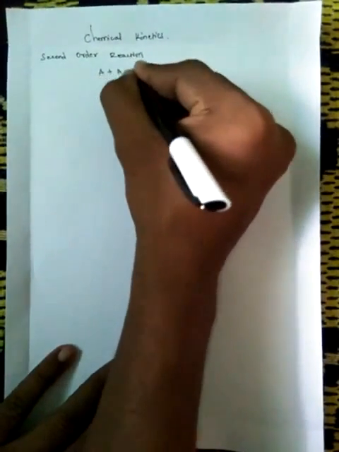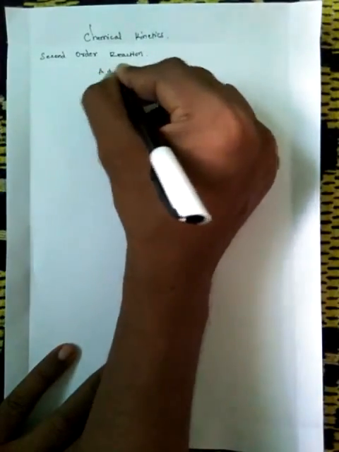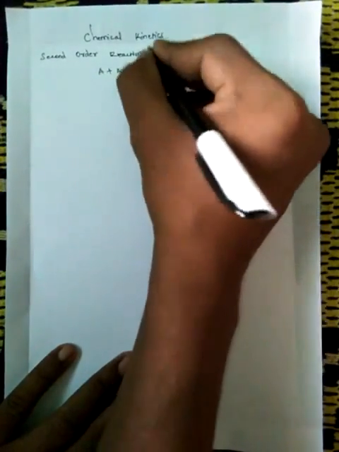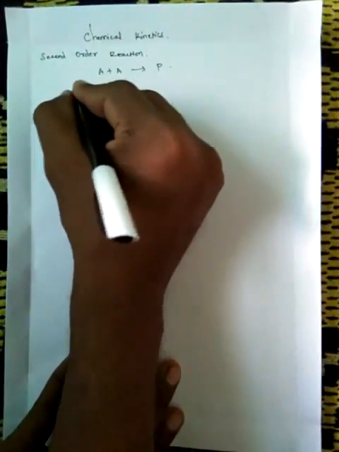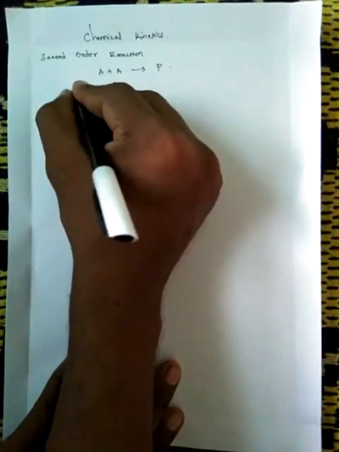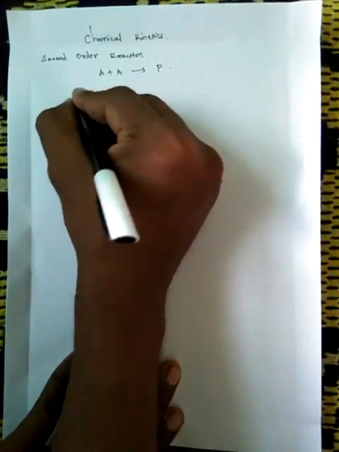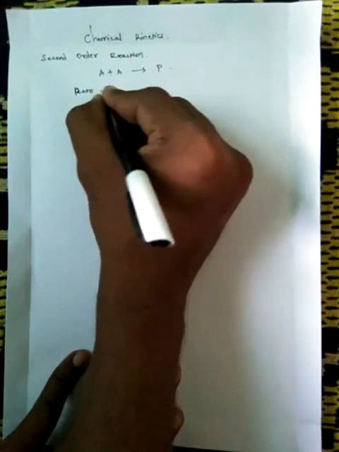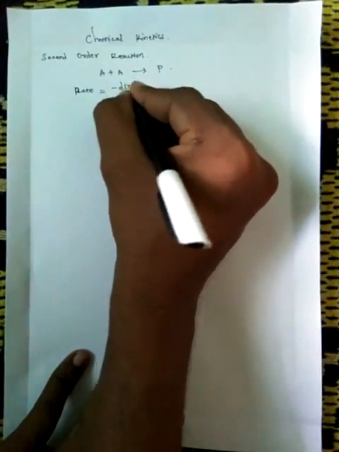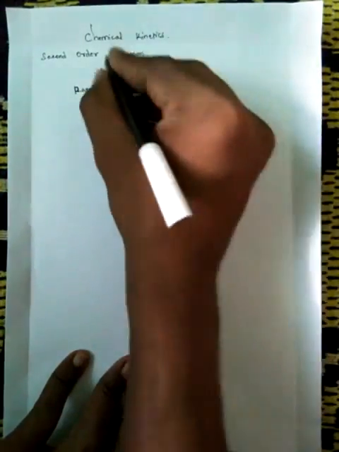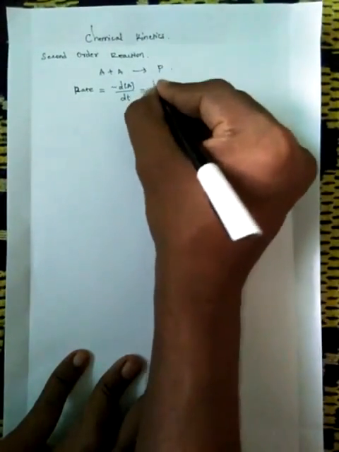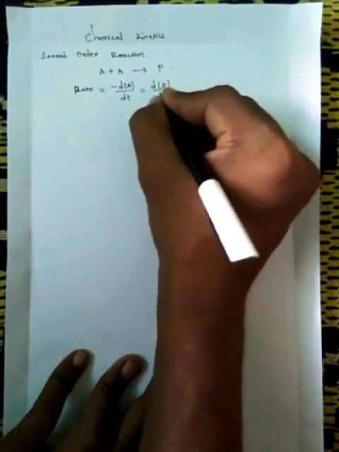See, this is a second order reaction. Two molecules of A react and produce a product. Let me write its rate equation. The rate equal to minus dA by dt. With respect to product, I'm writing the rate equal to dP by dt